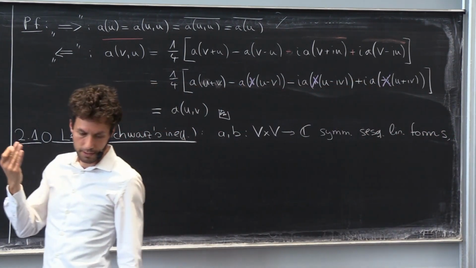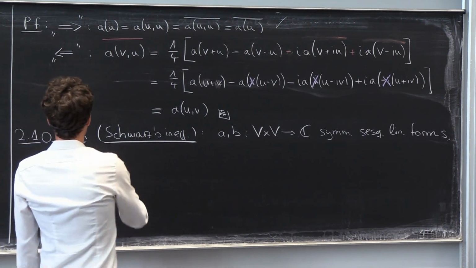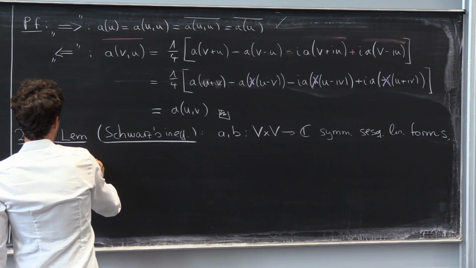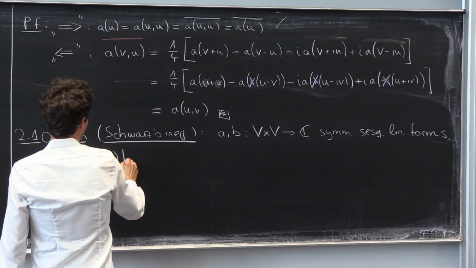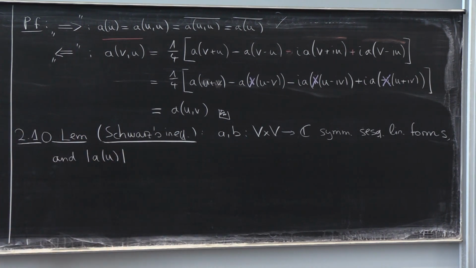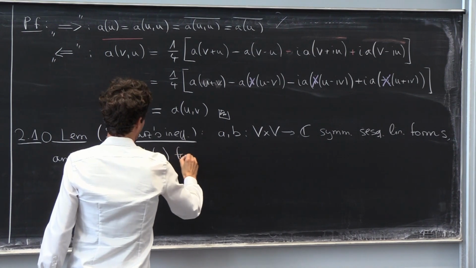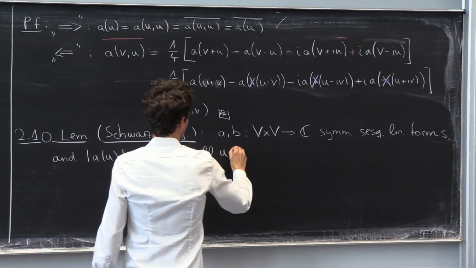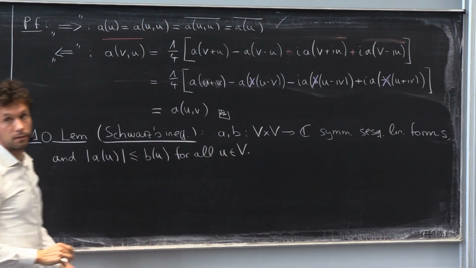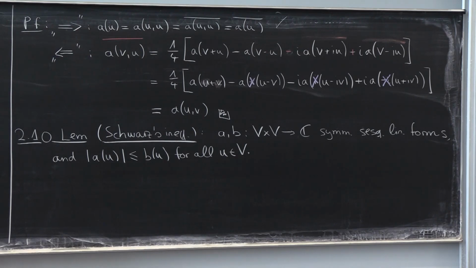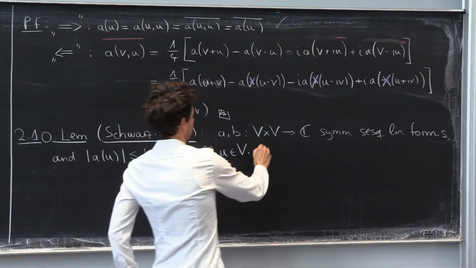And moreover, the form B dominates the absolute value of the form A. Okay? So you have a bound of one of the sesquilinear forms by the other one, and then the statement is